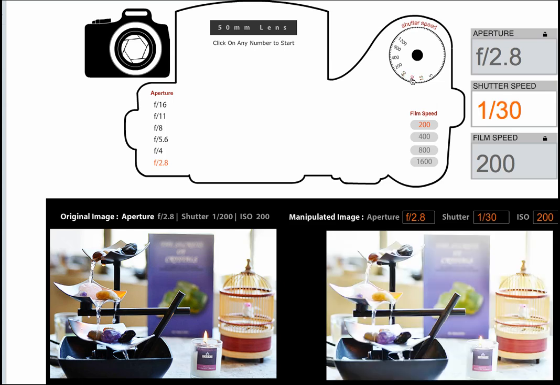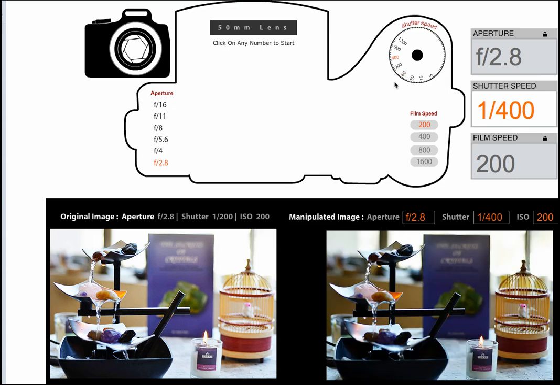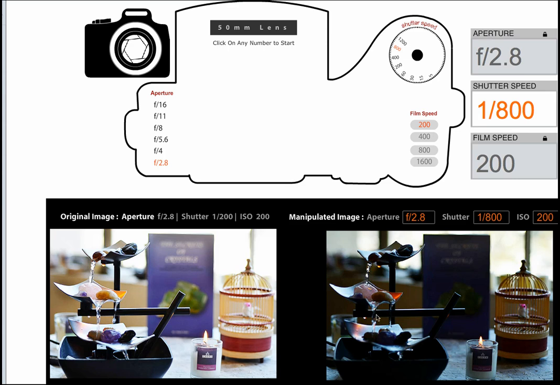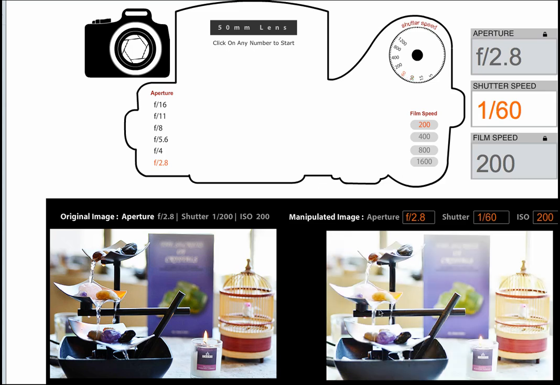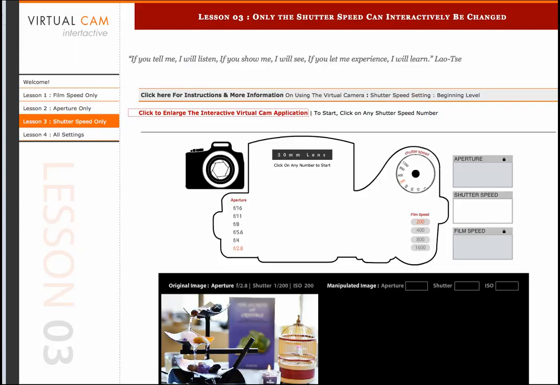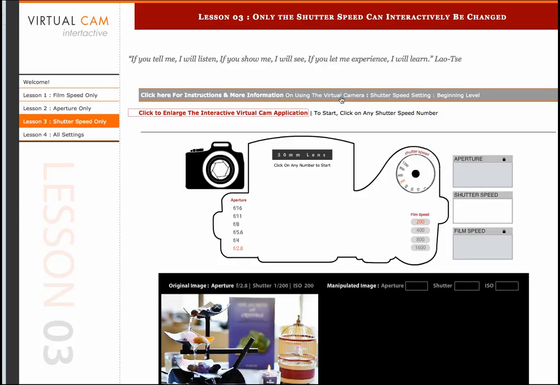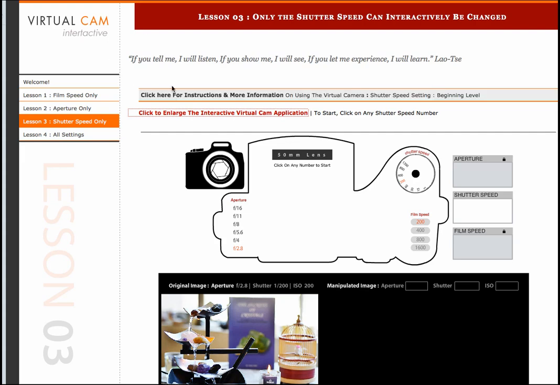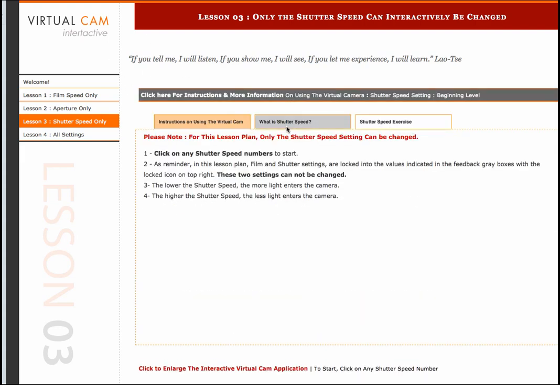For example, if I go to a lower number, you can see that the water gets a lot more cloudy and it's not as clear as a higher shutter speed number, where the water looks very sharp and everything actually looks very sharp, versus when I go to the lower number, and you can see it's much smoother than the higher shutter speed numbers. I can also come back to the actual website, and once I click on that,